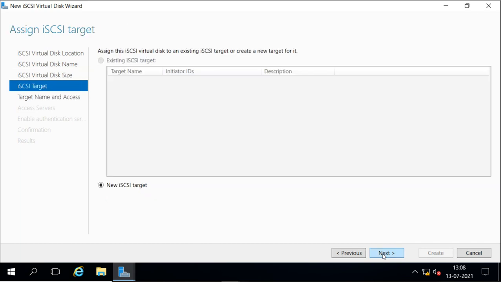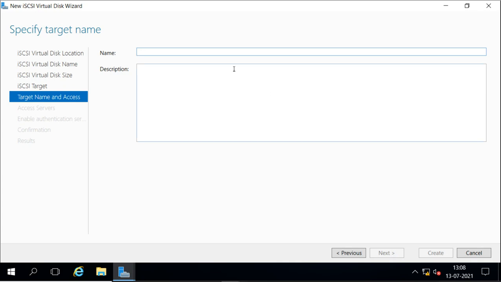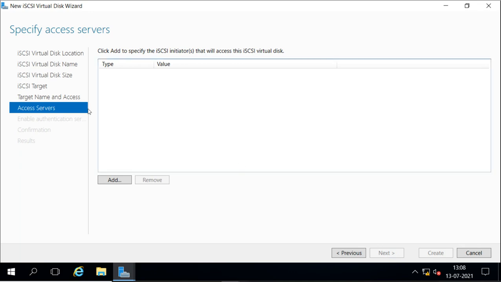expanding disk. Now here I am going to add the new targets because there are no targets available. So here I will add those two servers, and the target name I will also mention as quorum. So I have to add server 2 and 3 here, so I have to add the initiator names of those servers.